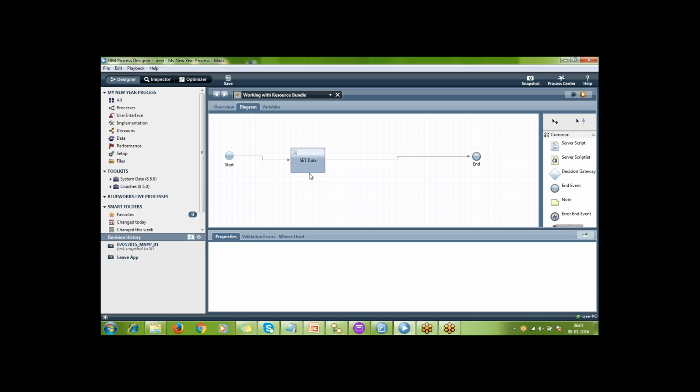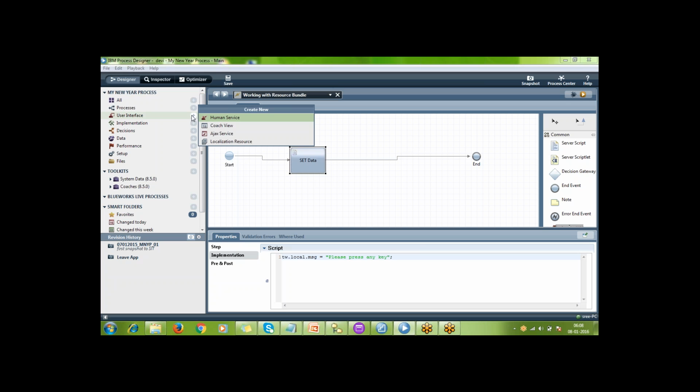In your code there is something like tw.local.message equals "please press any key". Okay, fine. Now, what is the purpose of this resource bundle?